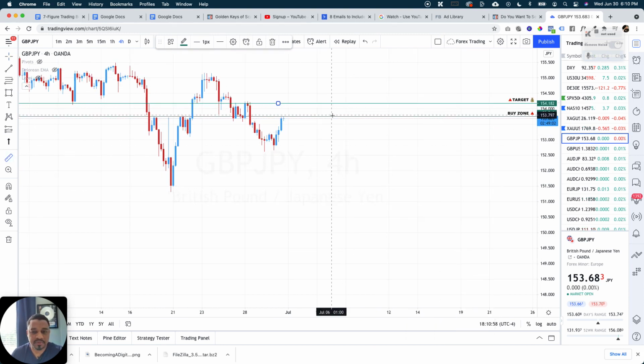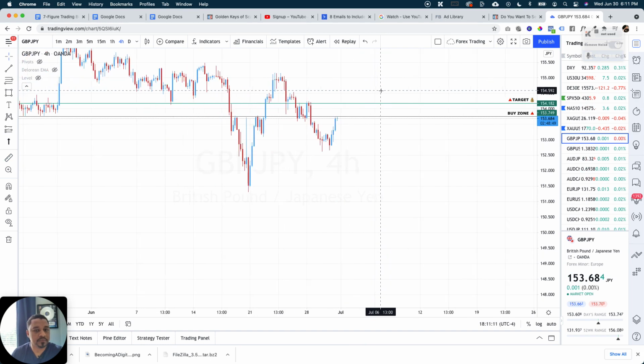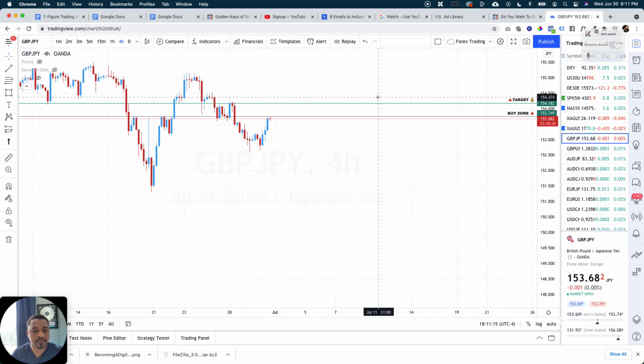Let's see how many pips that would be. So my first target is 43 pips, which is good. Pick up another 20 or so. And we'd look to pick up